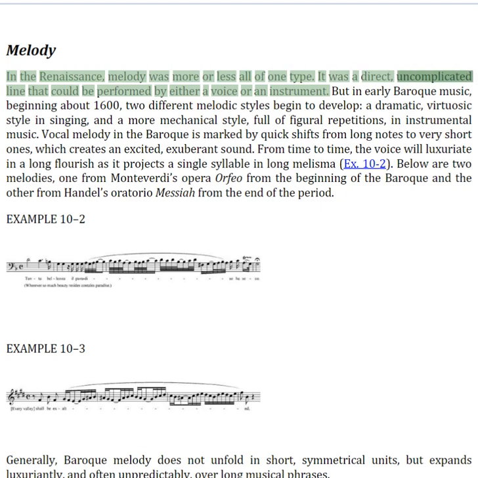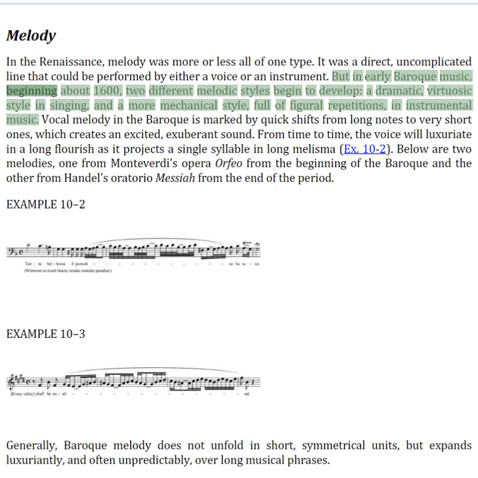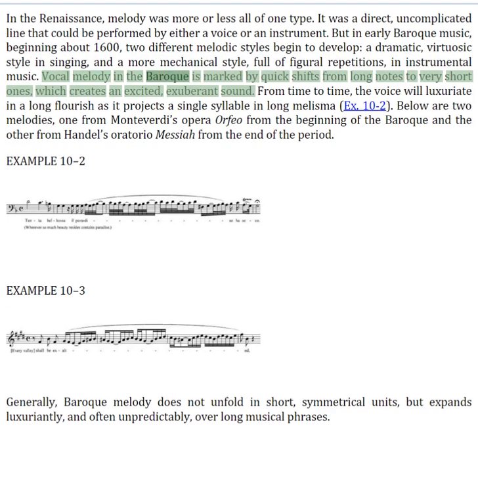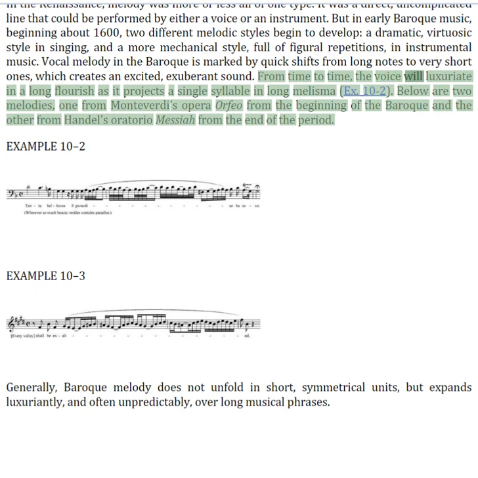It was a direct, uncomplicated line that could be performed by either a voice or an instrument. But in early Baroque music, beginning about 1600, two different melodic styles begin to develop: a dramatic, virtuosic style in singing, and a more mechanical style, full of figural repetitions, in instrumental music. Vocal melody in the Baroque is marked by quick shifts from long notes to very short ones, which creates an excited, exuberant sound. From time to time, the voice will luxuriate in a long flourish as it projects a single